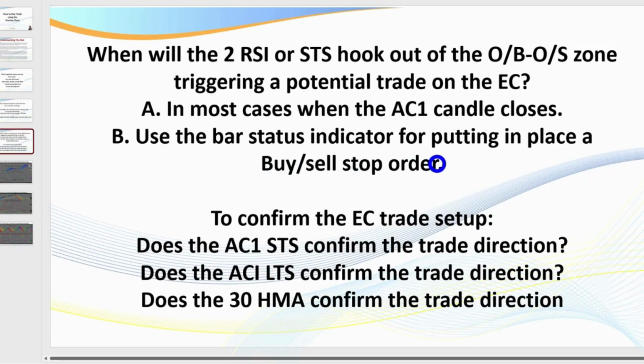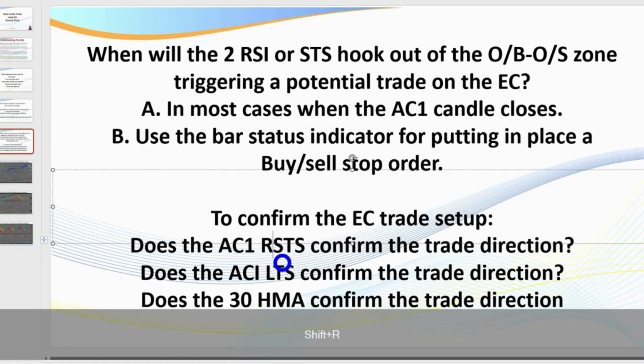and I'll show you that when we get to the charts. Now very basically, to confirm an entry chart setup, does the anchor chart 1 short-term stochastic confirm the trade direction? In other words, has the short-term stochastic hooked or is it already trending in the direction of the anchor chart 1? You may find that the short-term stochastic or the RSI are already well and truly overbought,